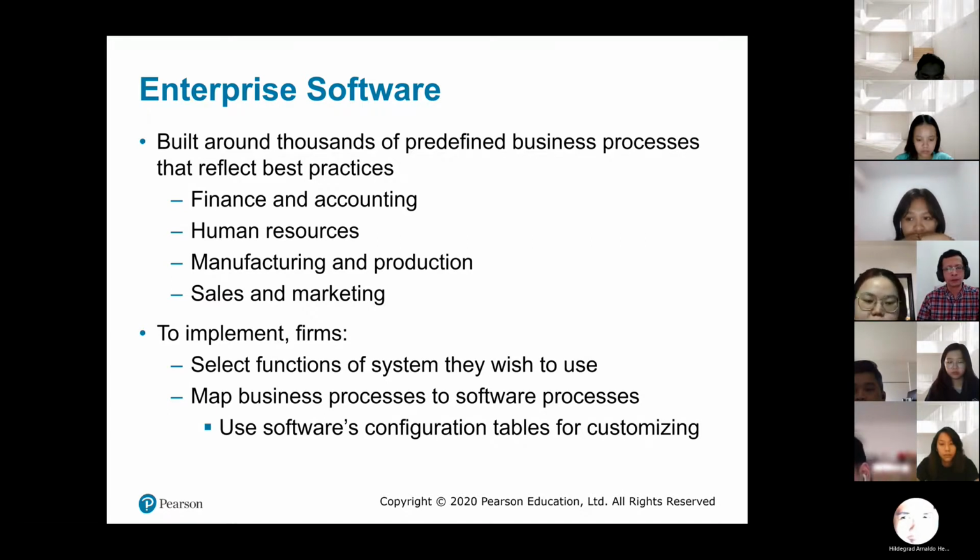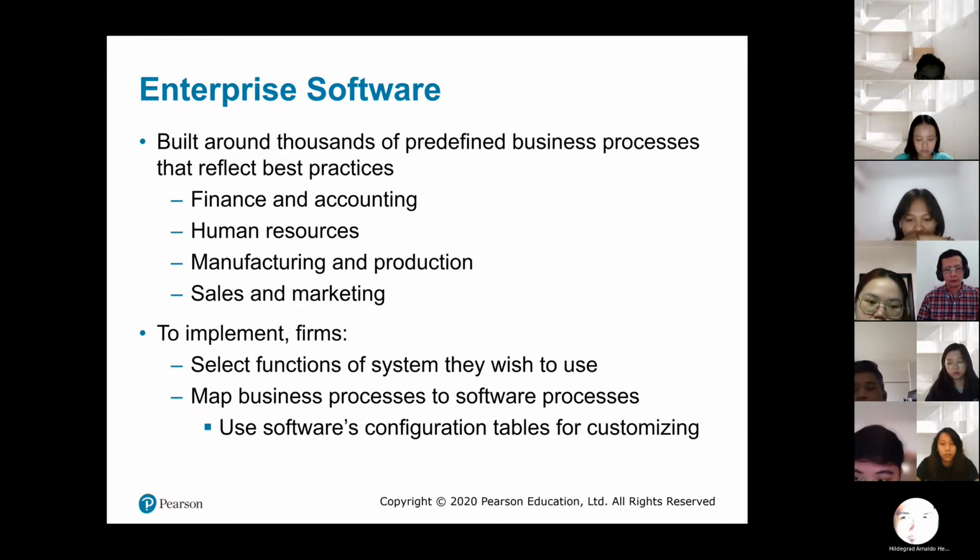What is the best process for payroll? What is the best process for buying merchandise? So they accumulate all this process from their research, and then they evaluate the processes, and then they came up with a predefined business process that reflect best practice.